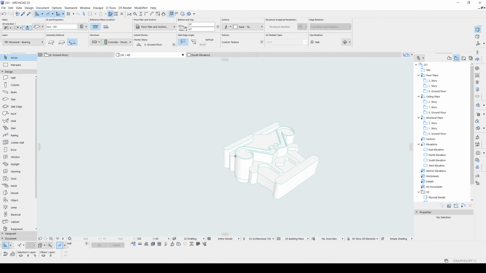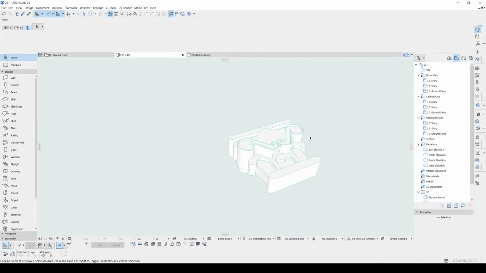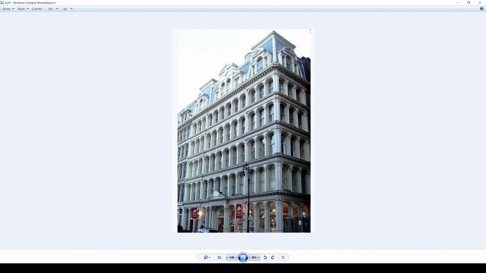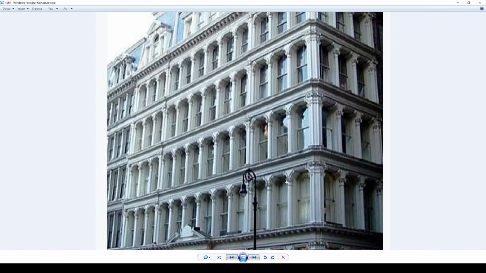Well, maybe you are thinking this is a very basic model and maybe you are disappointed, but I will show you something. If you look at this example, you will use lots of models as that head part. If you want to work fluently with your model, you need to be careful with your objects. You need to reduce their polygon size.